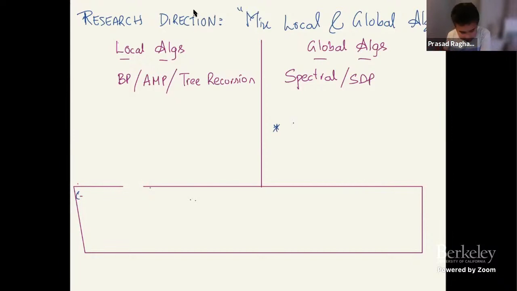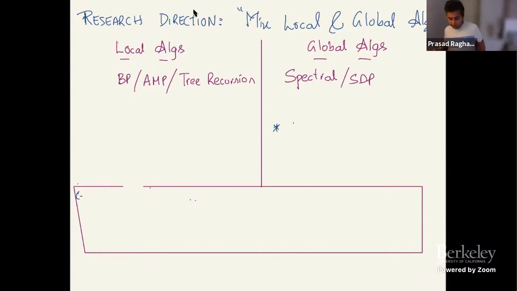Okay, so the next thing I want to talk about is I want to suggest some open questions and research directions broadly in this area in algorithmics. And I think one of the very compelling research directions actually is to mix local and global algorithms. So what do I mean? So firstly, if you look at